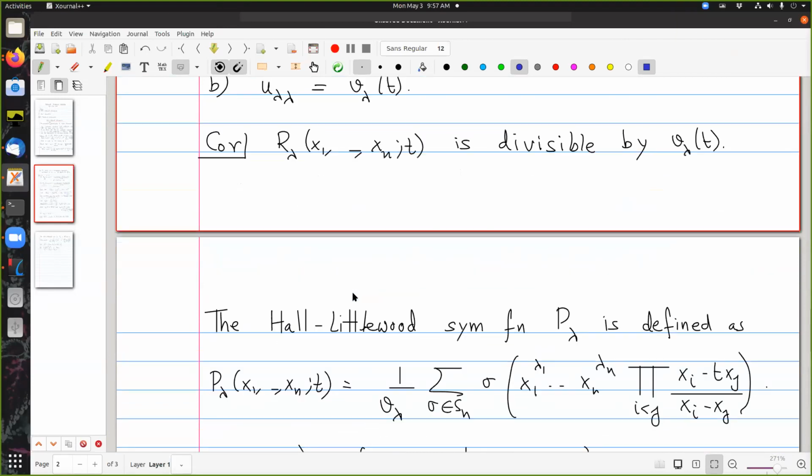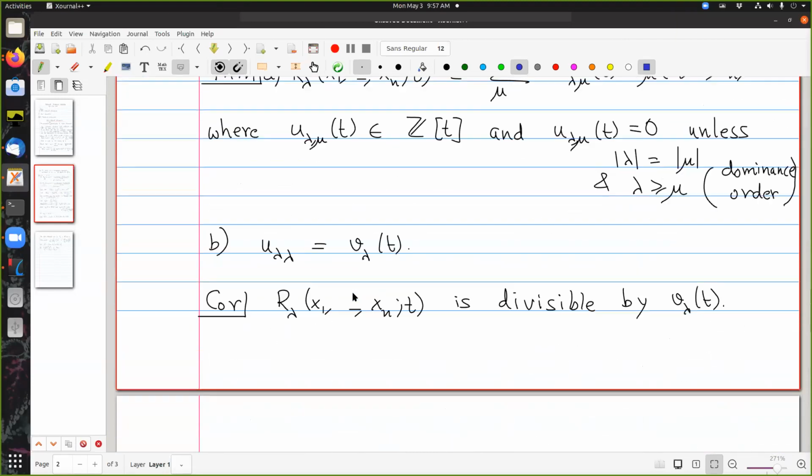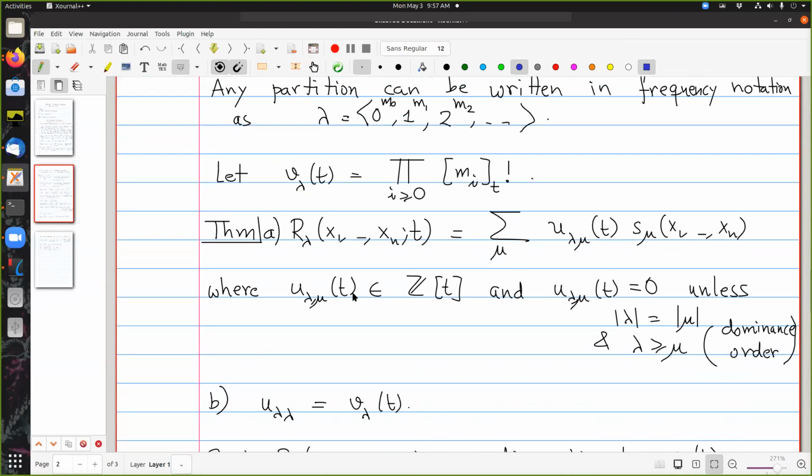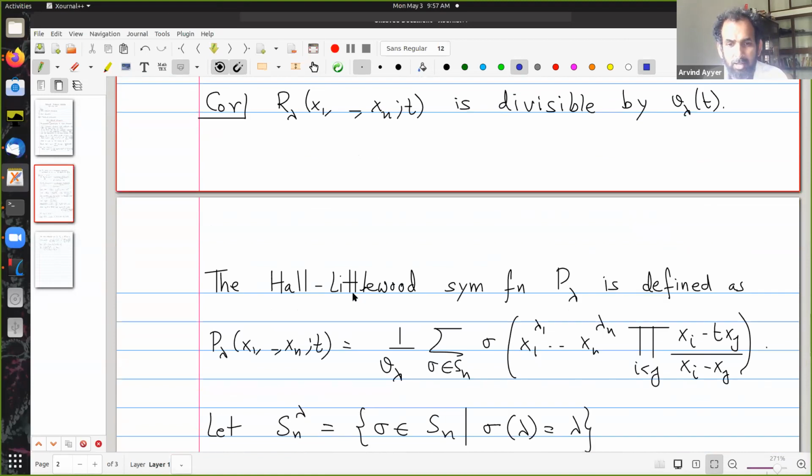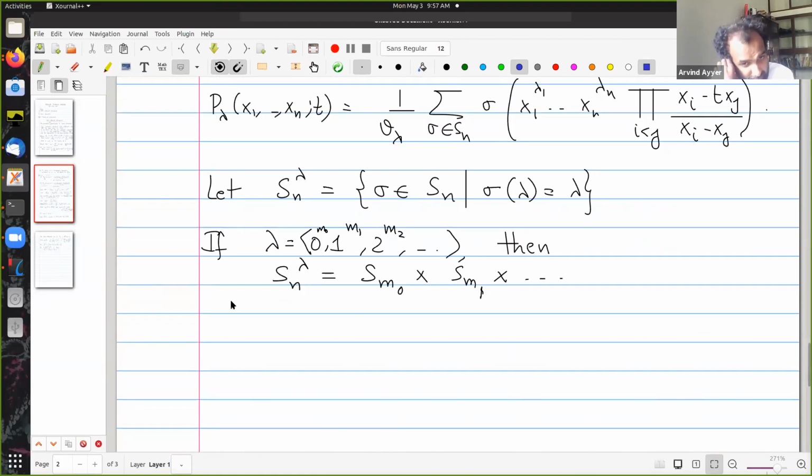Sir, on the definition of R lambda, if you take t equal to 1, what do you get? You are really generalizing the monomial symmetric function. Good, very good, I'm coming to that. Let me finish, and I'll come to you in a second. Unfortunately, in my version of Zoom, I cannot see anybody, so I can't make out who's asking. I'll come to all of this very soon.